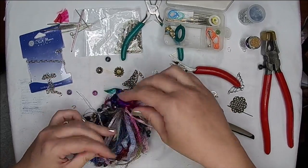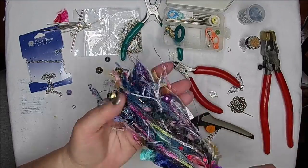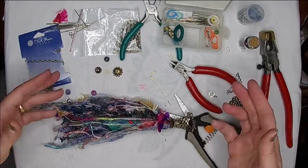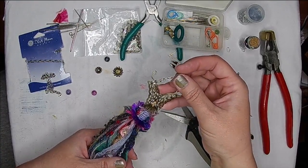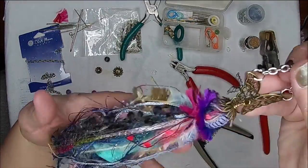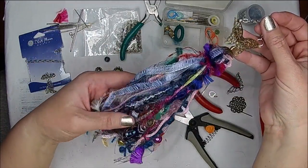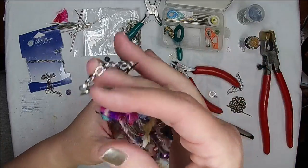Okay, got that. Now I'm just going to kind of look at it and see if it needs something else. It could definitely use some more beads and stuff like that. But I'm not going to make you guys watch me do all of this. But look how pretty this is. And then when you're going through it, you can look and just find all these fun little beads,